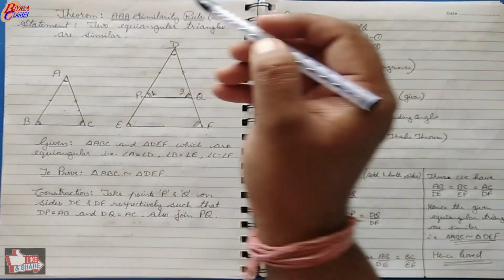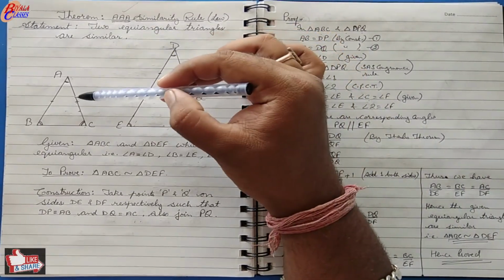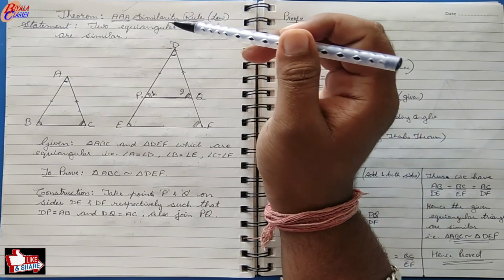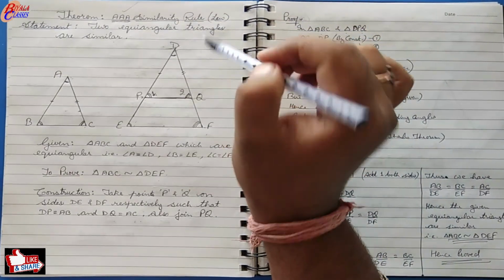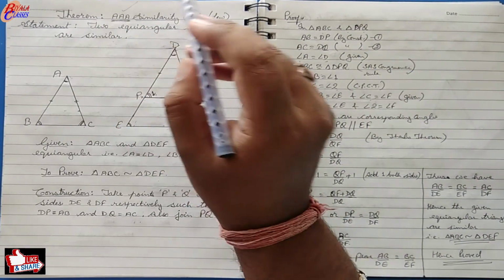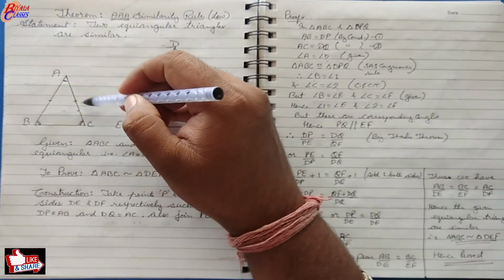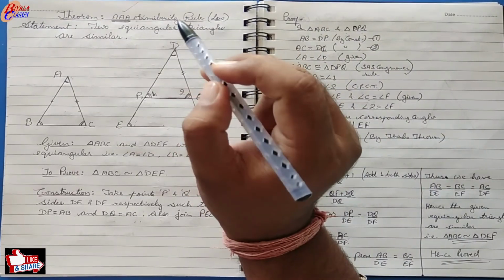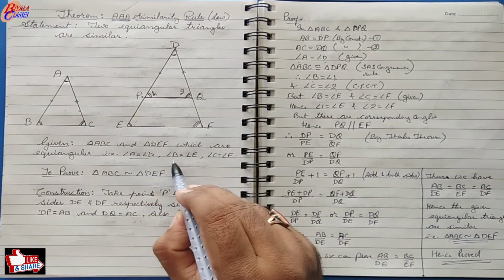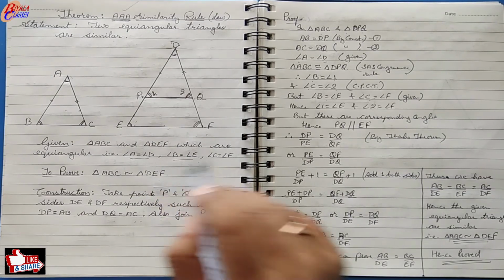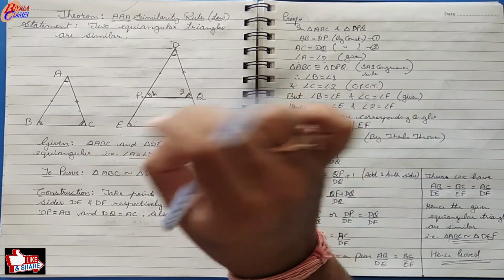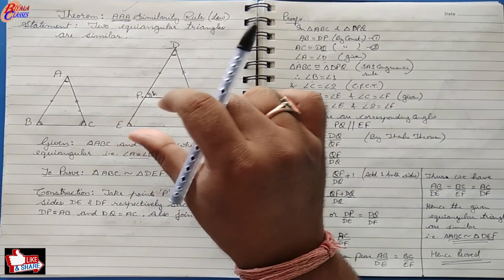So here we can say that if three angles of one triangle are equal to the corresponding three angles of the second triangle, then the triangles are similar to each other. Now here we say that if three angles are equal, then the triangles are similar. But we also know that the sum of three angles of a triangle, whichever triangle it is, is always equal to 180. So if we know that two angles are equal, suppose A is equal to D and B is equal to E, then what about the third angle? The third angle will also be equal. It will be equal using the angle sum property of the triangle.